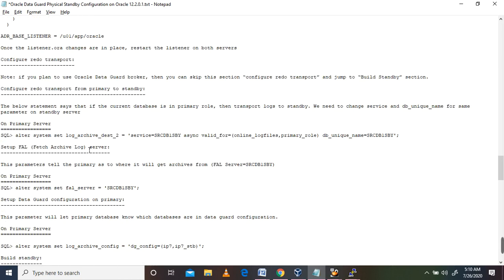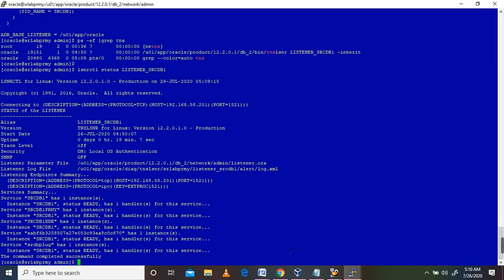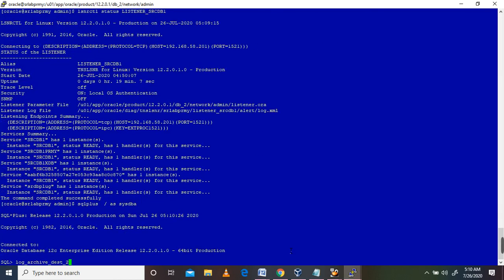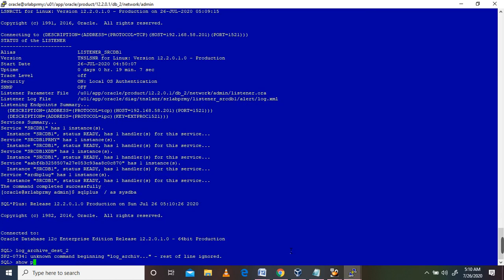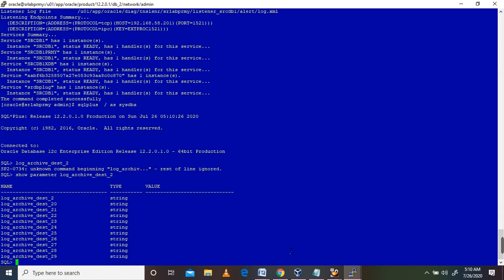So on the primary server, you can check. So it's not been set.